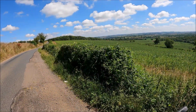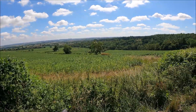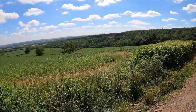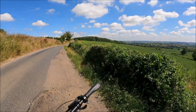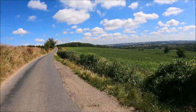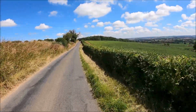Look at that. Perfect day to get the e-bike out and go for a little explore. Just a really nice view, that is. So the plan is,